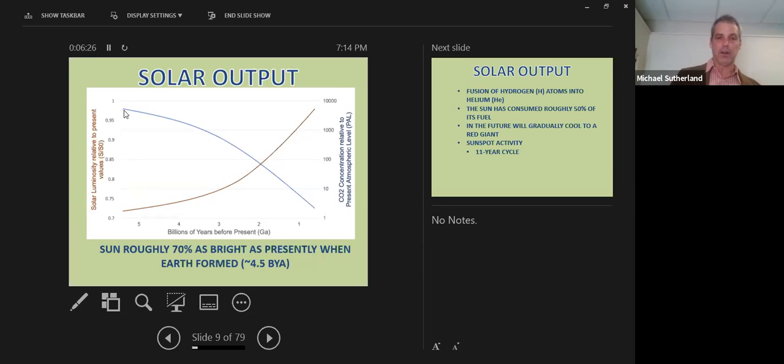And so this chart here is a very crude chart showing projected early output of the sun. And as you can see, geological records show that there was actually much more carbon dioxide in the atmosphere earlier. But because the sun's output was less, the climate was actually colder at that point because there was less heat coming in from the sun to trap. So as we study the Earth's ancient past, we realize that greenhouse gases are a significant impact on climate, but far from the only one. And the fact that right now carbon dioxide is one of the controlling factors is simply due to a number of other